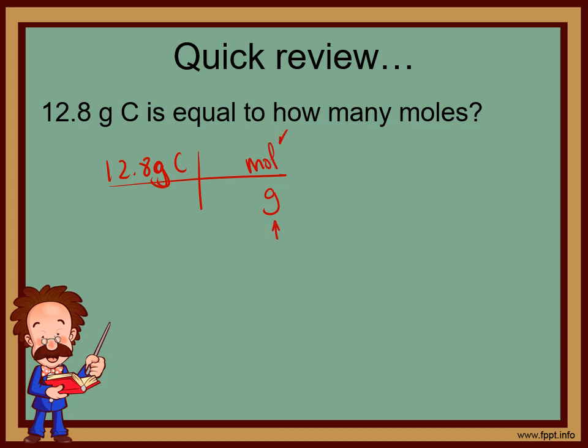Remember that for mass and moles, we're going to use our periodic table. How many grams in 1 mole of carbon? The periodic table says 12.011 grams in 1 mole of carbon. Our grams top and bottom cancel out. We're left with moles, which is good because that's what we want to find. With our calculators, 12.8 times 1 divided by 12.011 gives us a grand total of